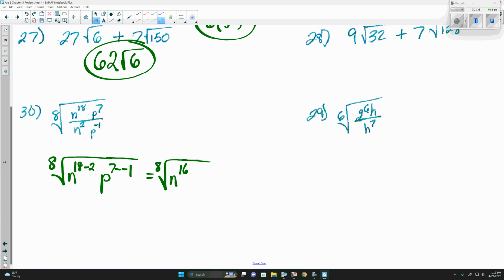And for p, we'd have 7 minus negative 1, which is the same as plus, giving us p to the 8th. How many groups of 8 n's can we take away from n to the 16th? So it'd be n squared. How many groups of p can we take out? Technically, we would need absolute